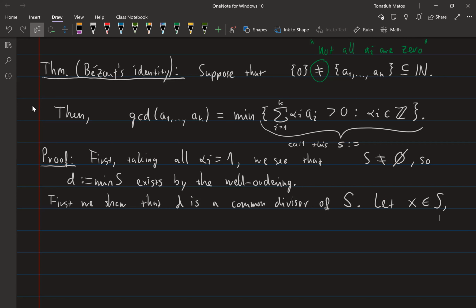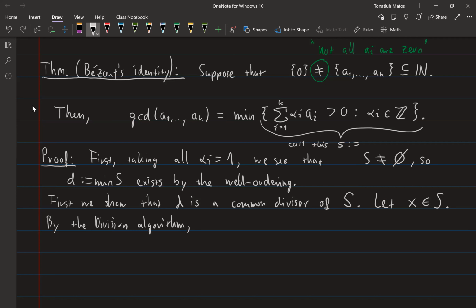So let X be an element of S. The way this typically goes, if you have no obvious tools to prove that something divides something, is, why don't you just try dividing it and see what happens, right? So by the division algorithm,